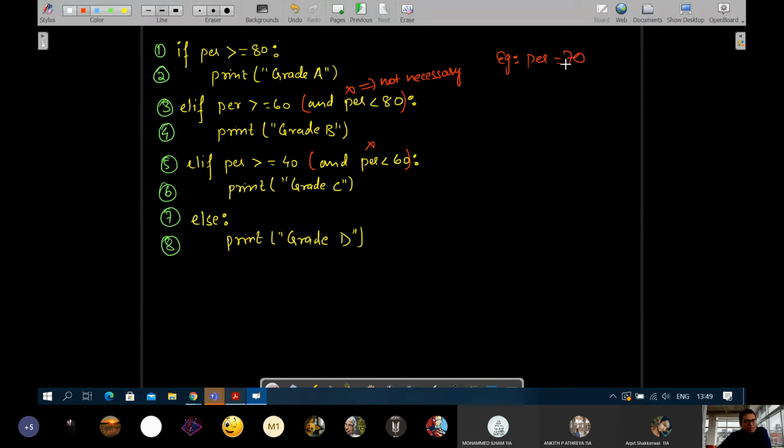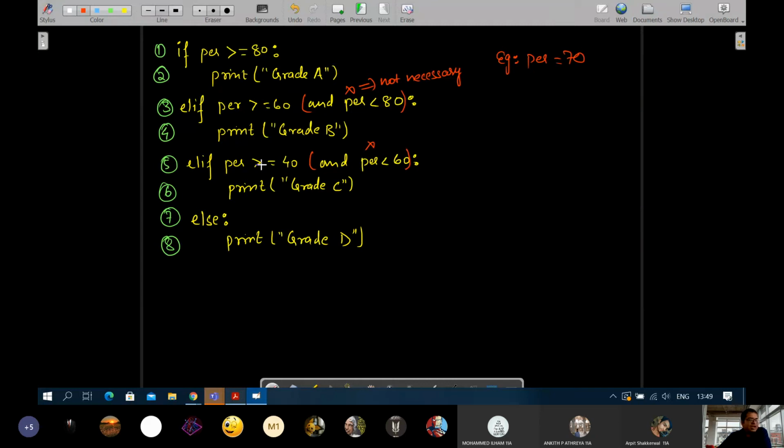Though you are correct, if we do not write these conditions, both line number 3 and line number 5 will be satisfied. I agree. But because you have written in sequence, if it starts falling from the top, though line number 5 is also satisfied, will it come down to line number 5?